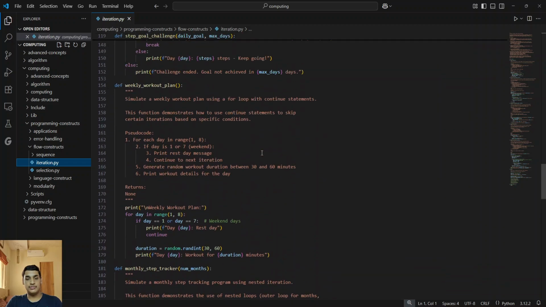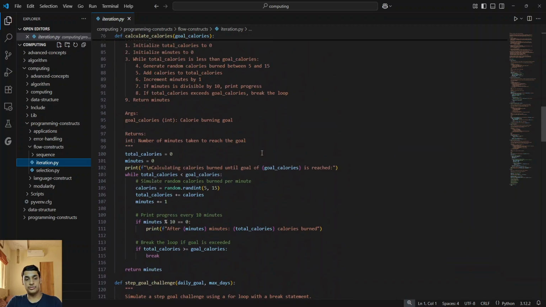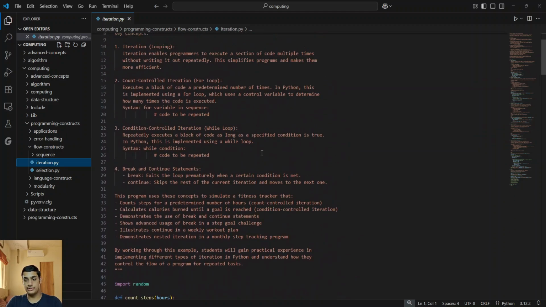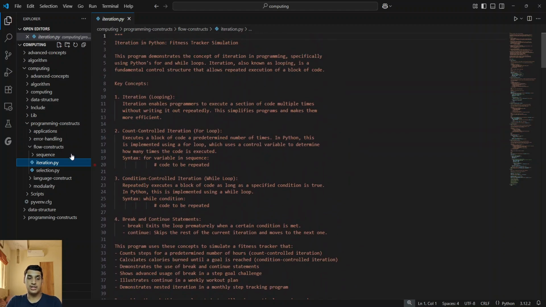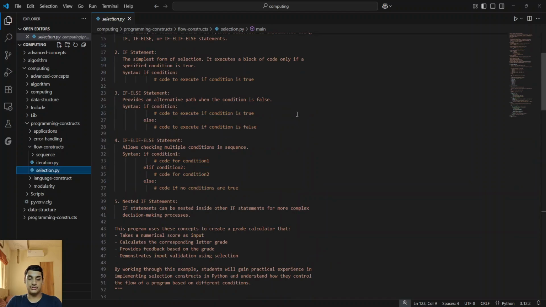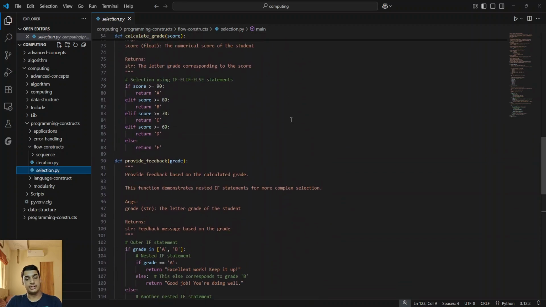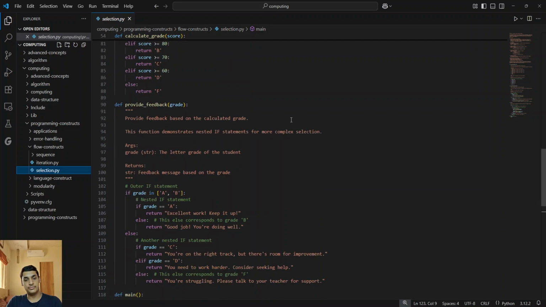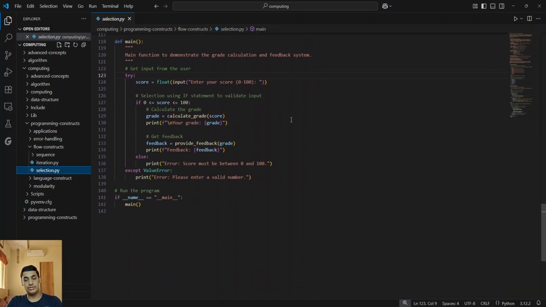So that's the end for today. I'll share this code with you because it's quite advanced and it covers every bit of iteration. I'll do the same with selection because it's also relatively advanced. I'll send it on GitHub and you can have a look at it and